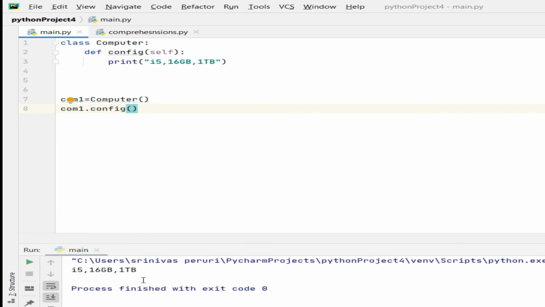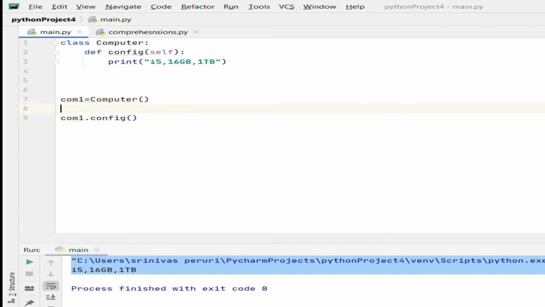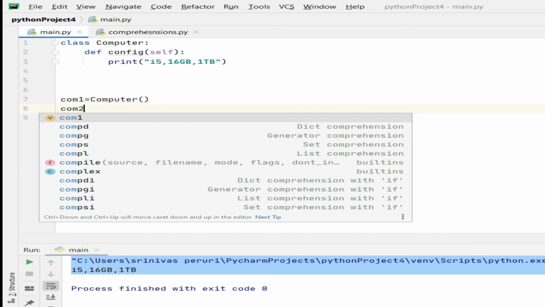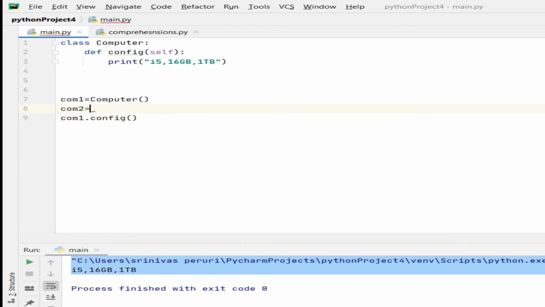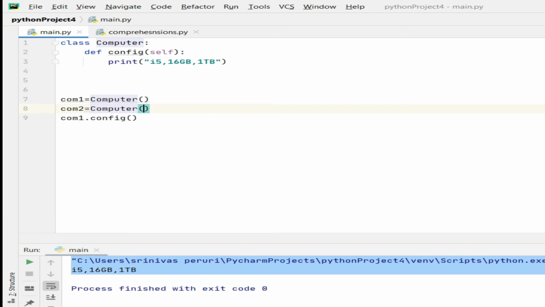So you can see i5, 16 GB, 1 TB is printed. But I want another object. For any class you can have different objects. If you define a class once, you may create multiple objects. One father, so many children.